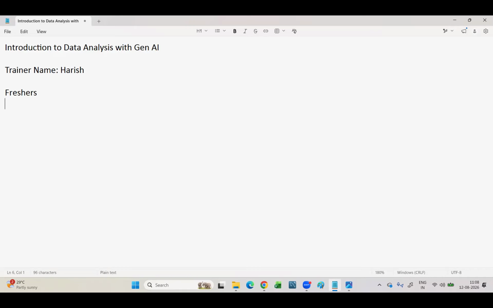So I have the students who might be freshers here, who completed their graduation this year or last year or 2 years back, or your post graduation also, or even the students who are in the final years of your graduation or post graduation. These type of students are considered as freshers. Of course, these students are eligible to learn this data analysis.